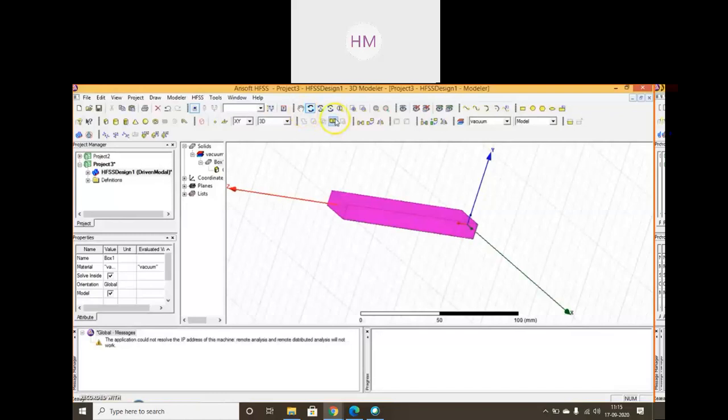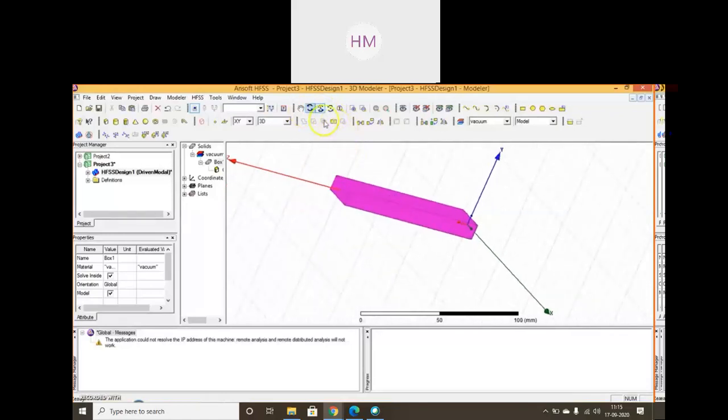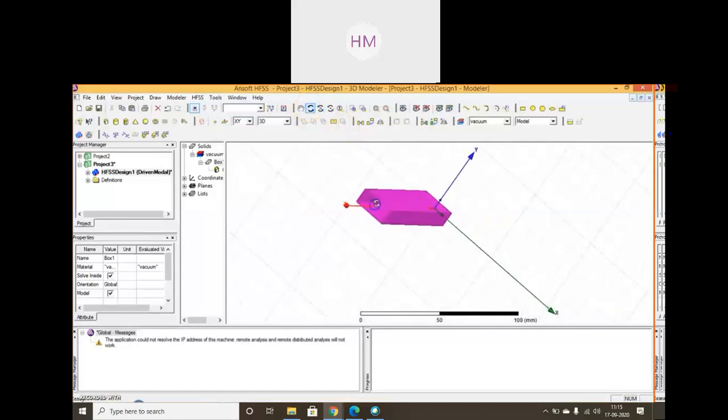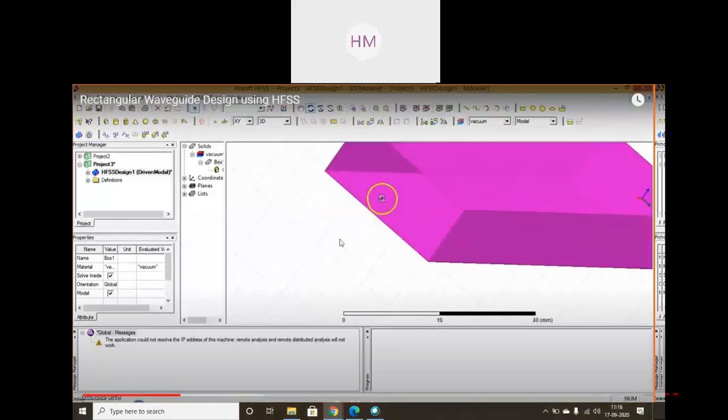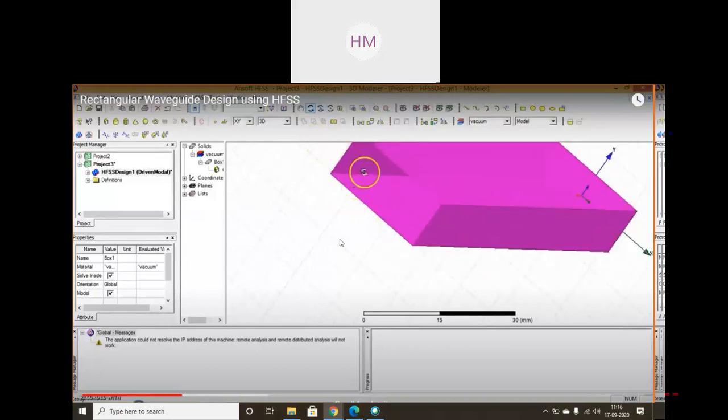So till now we have designed a rectangular box. We will repeat all the process again, don't worry. On the basis of axis you can rotate. There are 3 rotation options given over here, okay?